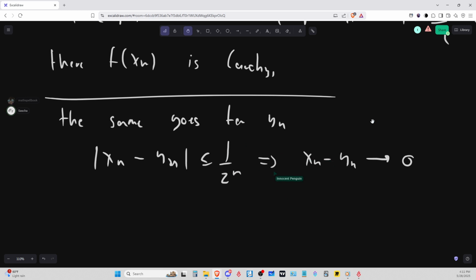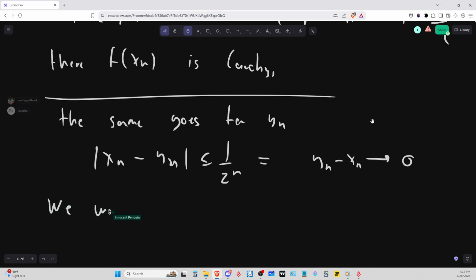Which one is bigger? So y of n is actually bigger than x of n. This is fine. What else do I need now? I know that f of x_n and f of y_n are basically the same, converging to the same value, because we have the difference here which is going to 0. But now I need to use that to conclude that f of x_n is going to 0. So the last part is to show